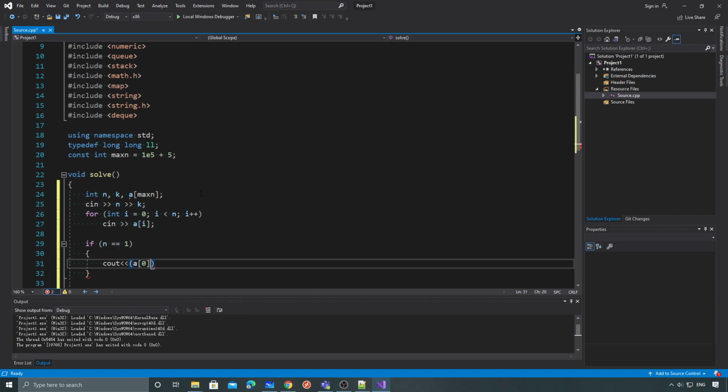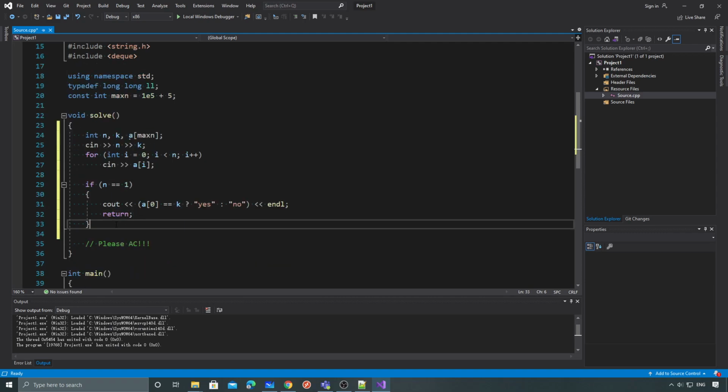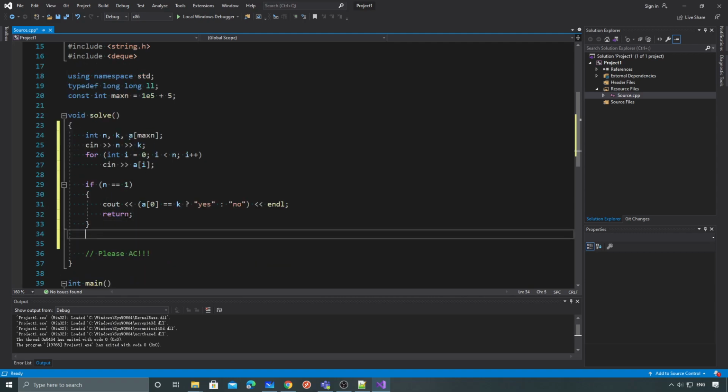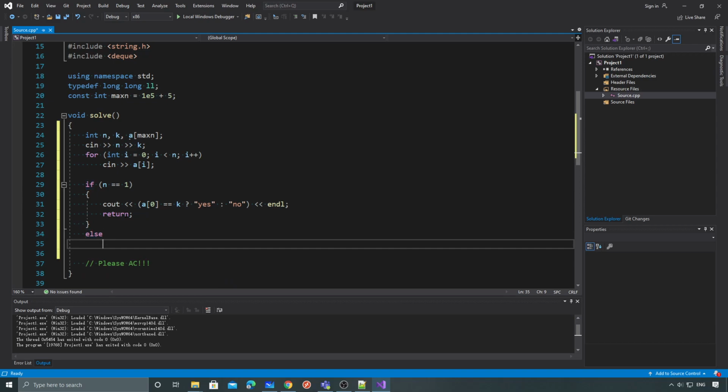So if a0 equals k, if it is, I return yes, else no. And then I do a return here, okay, and then I simply return. Okay, so that's going to be the n equal to 1 case. And the second one is where we start checking